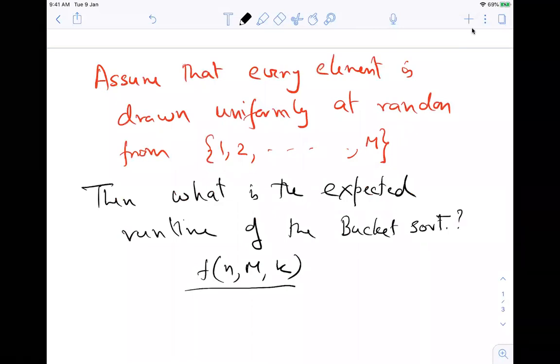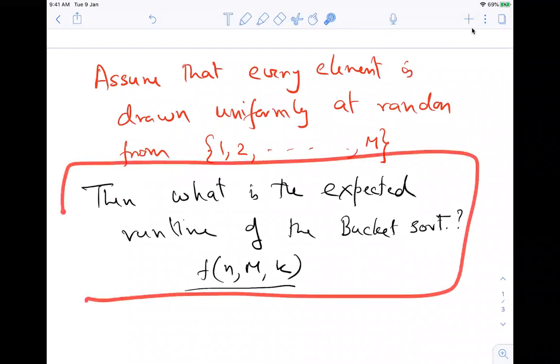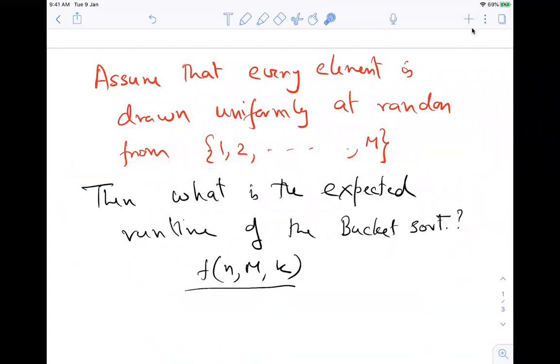What value of k, in terms of m and n, should minimize this? This is a question that I want you to answer for yourself. It's very simple.